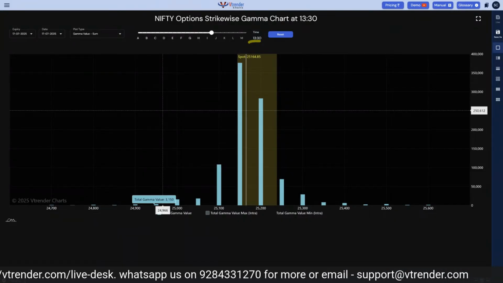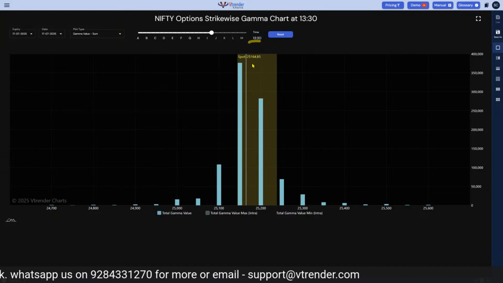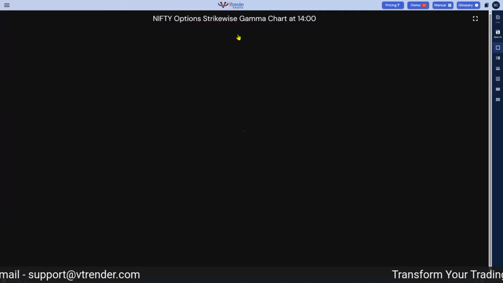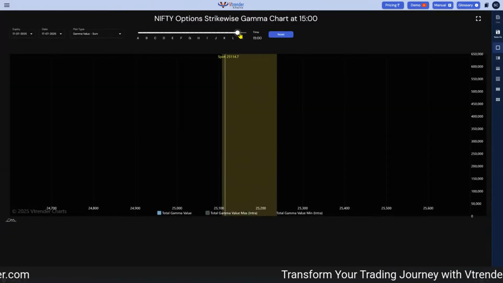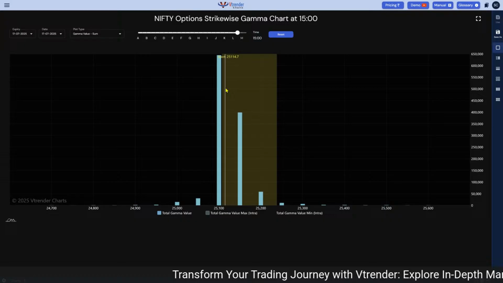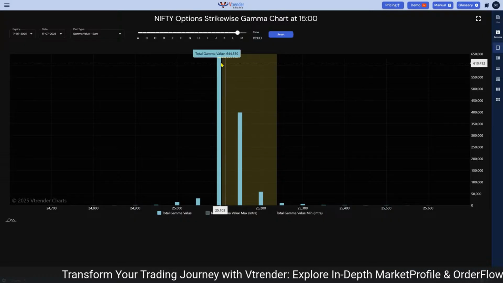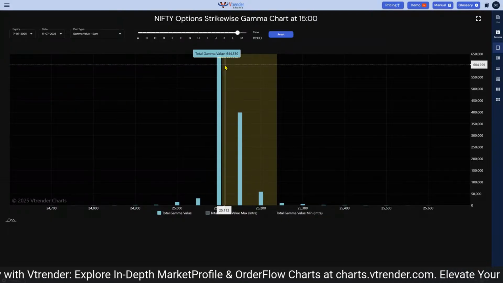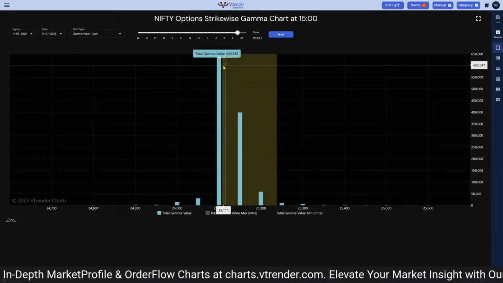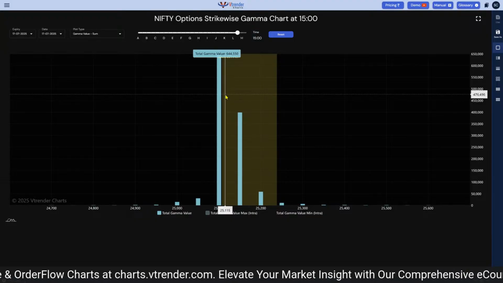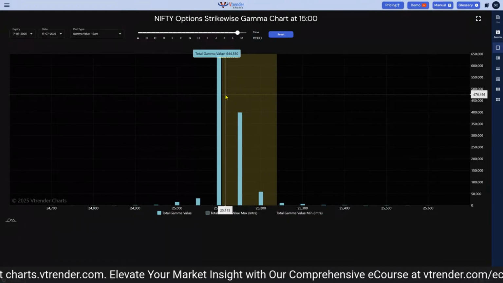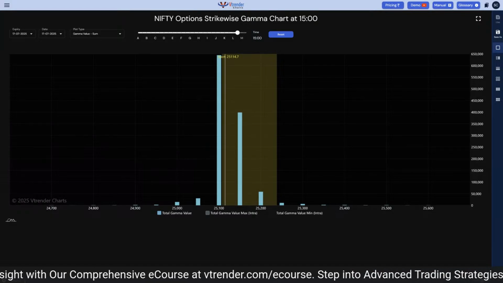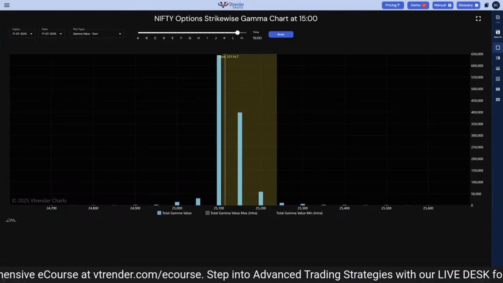And eventually, what was happening is that these traders were adjusting positions. Now I'll walk you through how the positions were adjusted, etc. But finally, what really happened as the market progressed, the gamma came down into about 25,100, and we had a close which happened exactly where the market made those changes to be right. Now, the reason I focus on this chart, and you need to understand why this chart is extremely important, is because what we look at in this chart is the market's assumption of where it would close on settlement day.